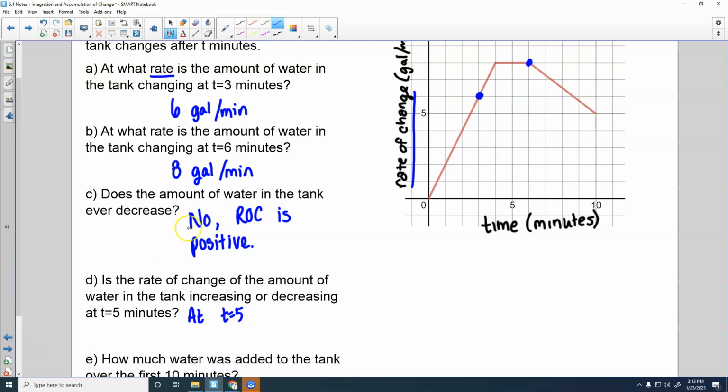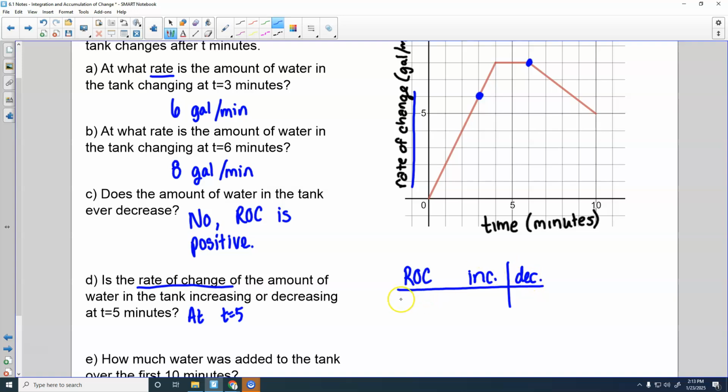Here, this graph is our rate of change, right? We want to know the rate of change. We don't know, in A and B, what the rate of change was. In D, we want to know if the rate of change is increasing or decreasing, right? So if we want to know if our rate of change is increasing or decreasing,